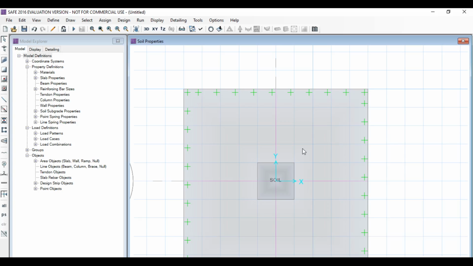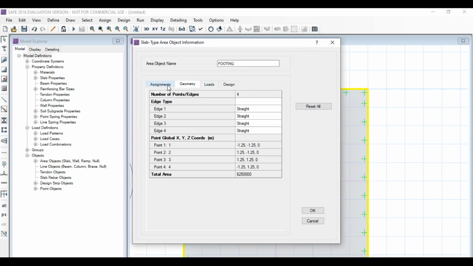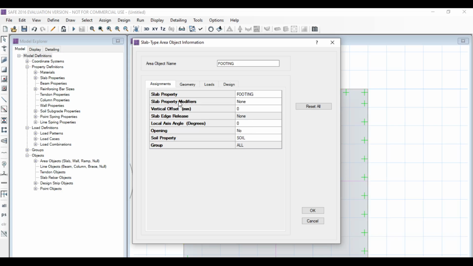You can see the load area. You can change and assign here. Click on OK.